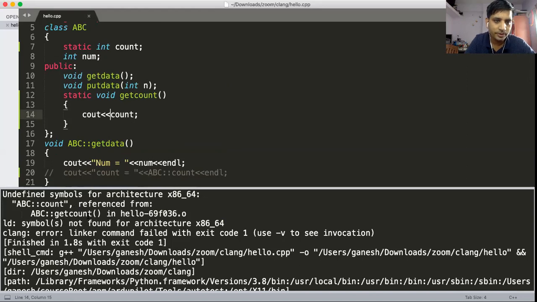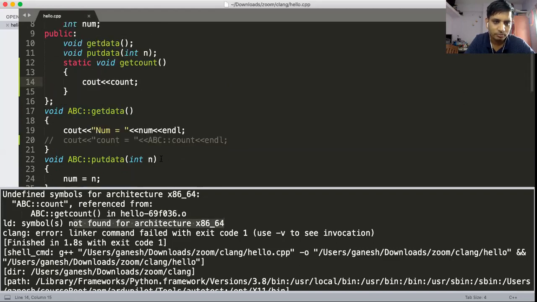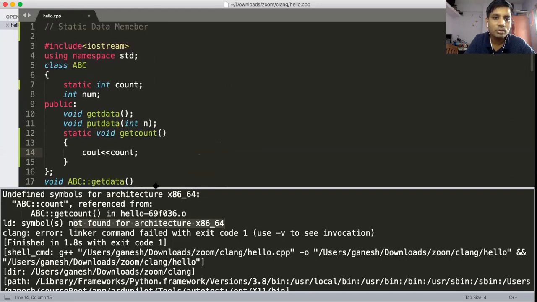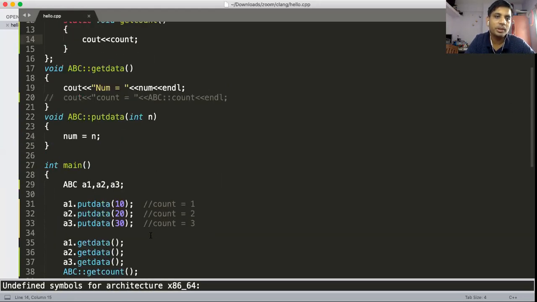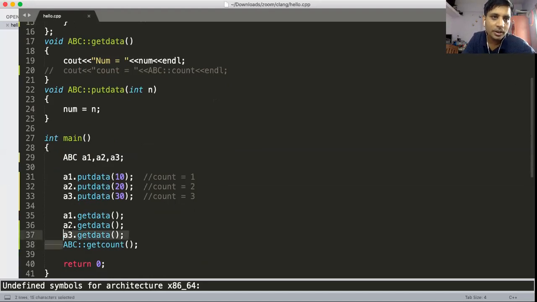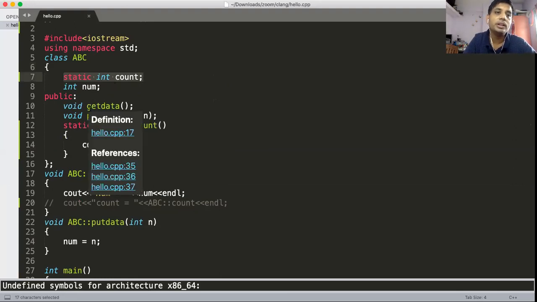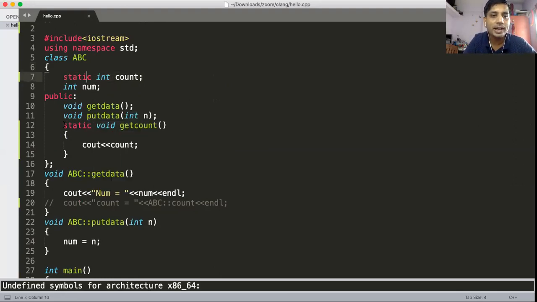ABC count referenced from ABC get count in the hello, no found for architecture. Okay, so what is this problem? Actually, I don't know. But just remember here that if you are defining any static variable, then that static variable you can access only within a static member of that class.